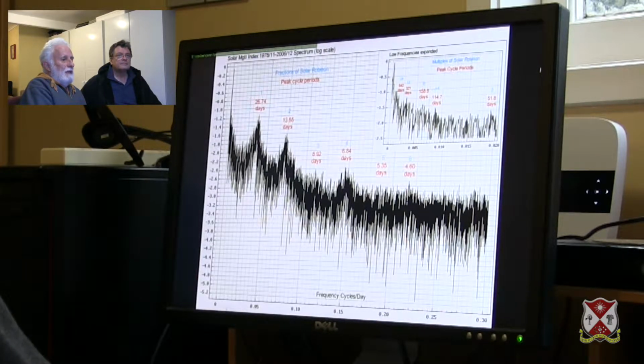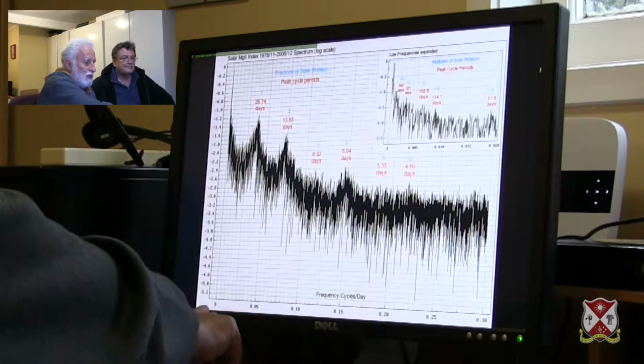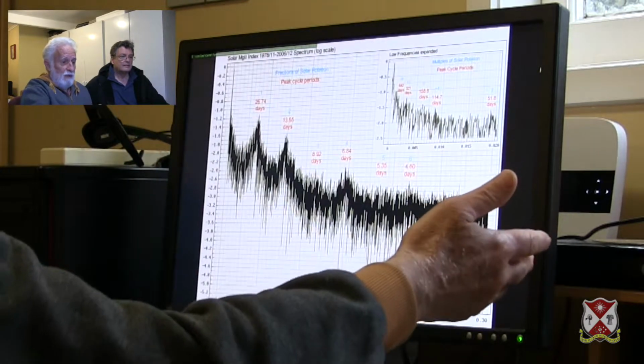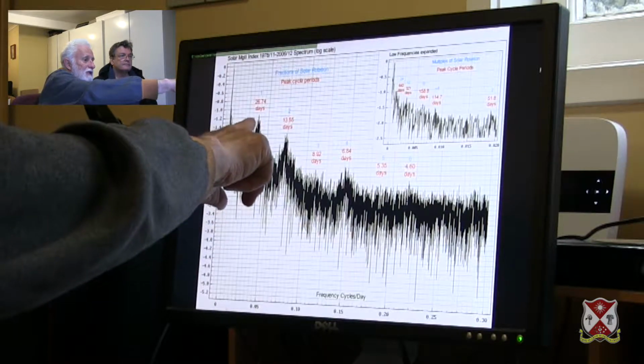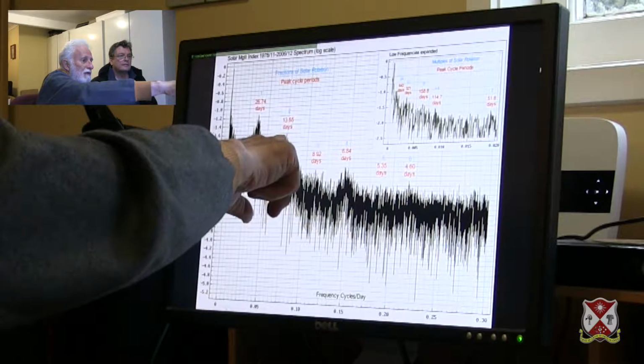Now, this is this part of the spectrum. So what we've got here is the frequency in cycles per day, going from 0 out to 0.3 of a cycle a day. So in other words, a cycle every few days. Yeah. And they're labelled here. The first very strong peak is at 26.74 days. Then there's a second peak at 13.55 days,